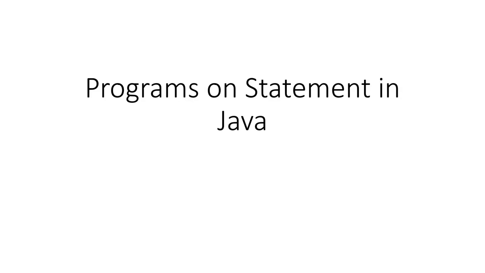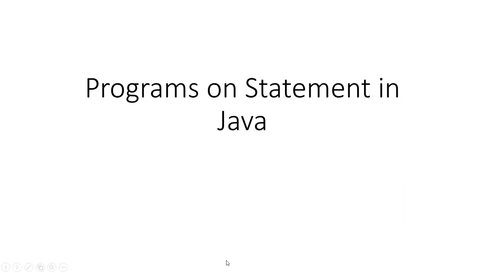Today, we are going to see the programs on statements that we use in Java programming. In the last lecture, we have seen the different statements that we use in Java programming. Basically, conditional statements and iterative statements. In conditional statements, there are the if statement, if else ladder, and switch statement, and in iterative statements there are the while statement, do while, and for statement. So let's see how to do it programmatically